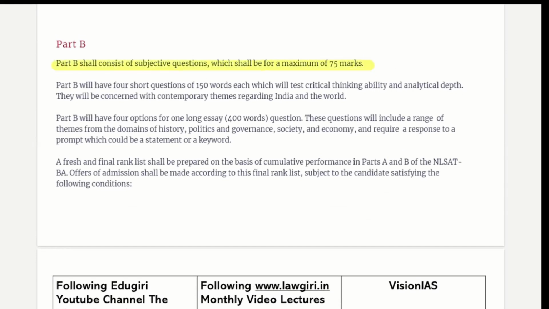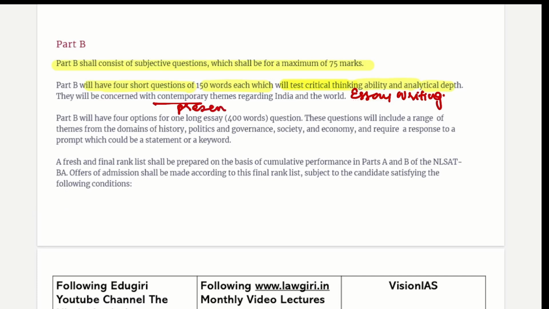Part B is subjective answer writing. Part B consists of four questions, four short questions, 150 words each. Will test critical thinking ability, analytical depth. ये ऐसे राइटिंग टाइप्स होते हैं बट शॉर्ट में होते हैं,